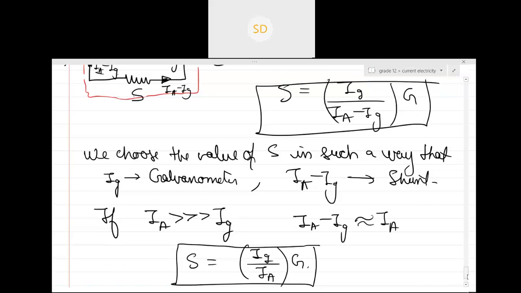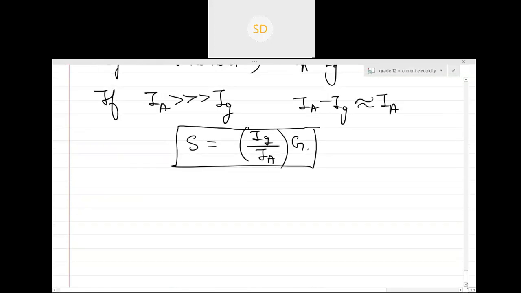But I don't get it. A galvanometer will have a certain max point, right? After that, it won't be able to sustain more. Yes, that's why. No, it's not like that. We are designing it this way, choosing the value of S in such a way that the galvanometer doesn't get damaged. Oh, I thought it's the other way around. No. Okay, fine. Yeah, then we can change the resistance of the galvanometer also. Yes, according to our current needs. Exactly.